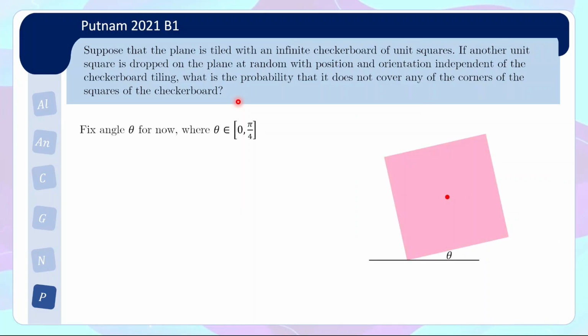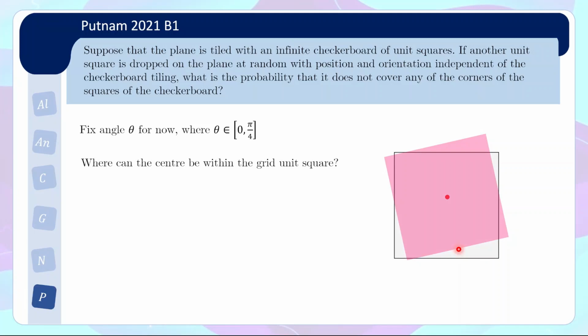Now, for a start, we will fix the angle theta with respect to which the dropped square is oriented. Later on, we will sum over the angle theta with an integral. So we fix theta first. And now suppose we know the center lies in a particular grid unit square. The question we should ask is, where can the center be within the grid unit square? The area of the allowed positions for the center will give the probability for this particular orientation of the pink